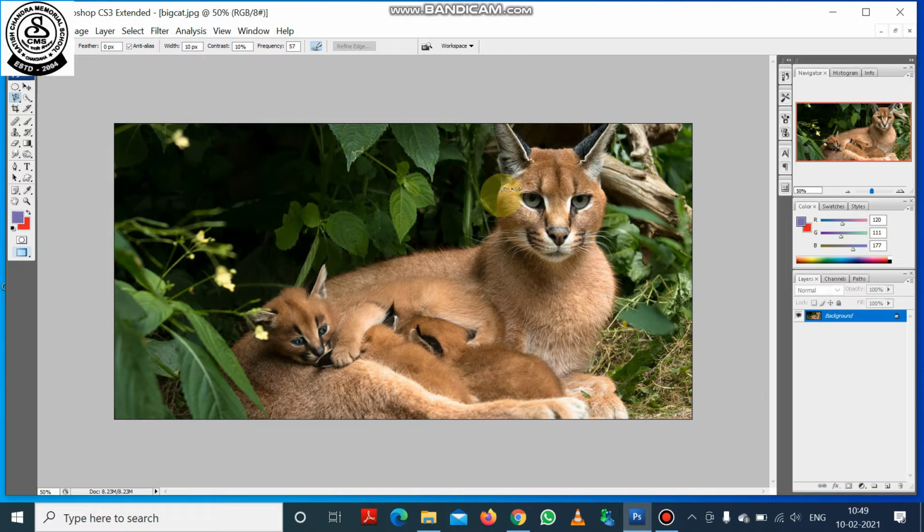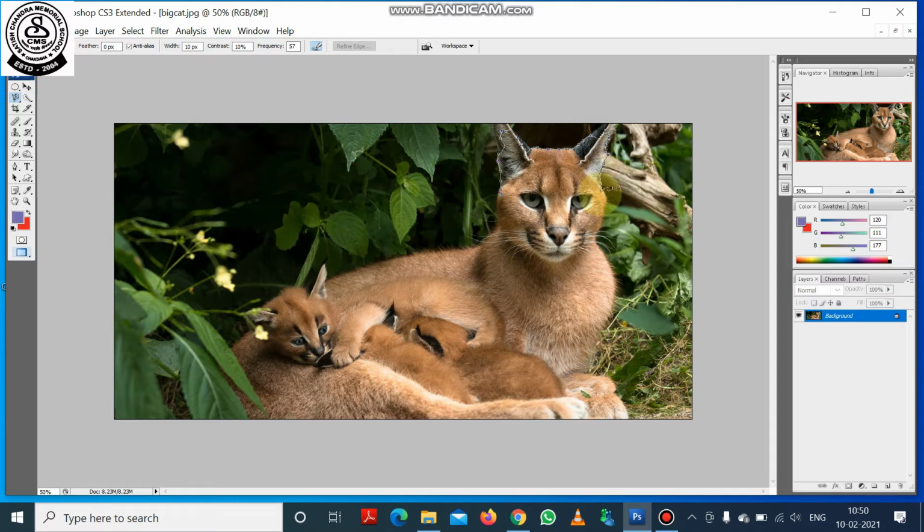I'm just giving a left click, then it has started. I'm just moving the mouse pointer according to the edges of the picture. That's what I'm doing. So you can see the mouse cursor is sticking.